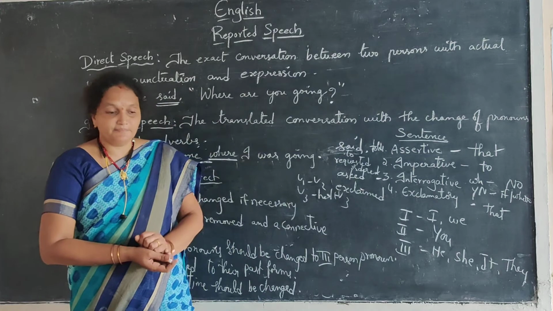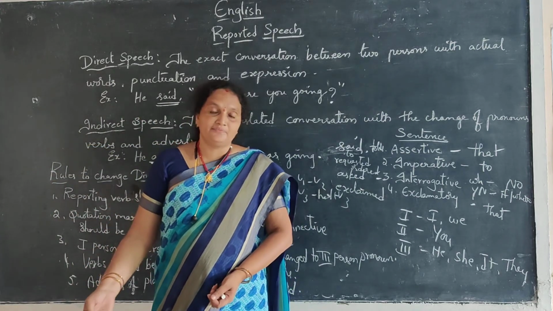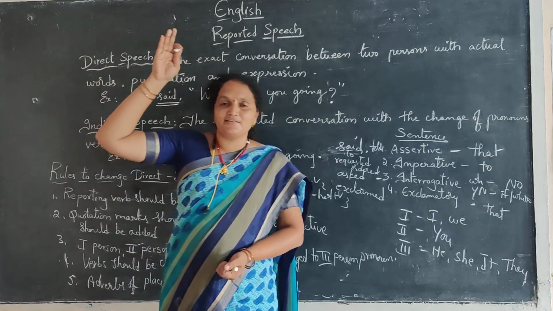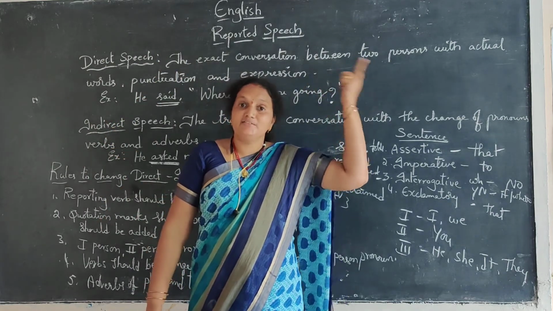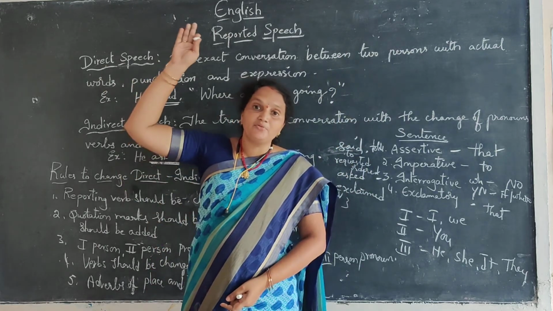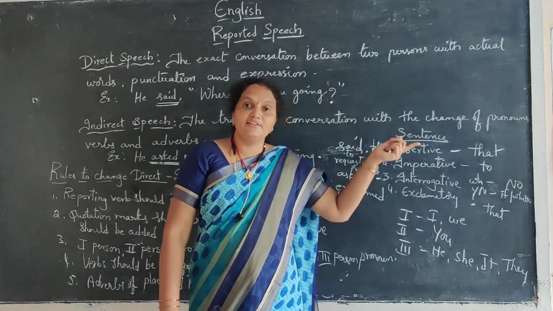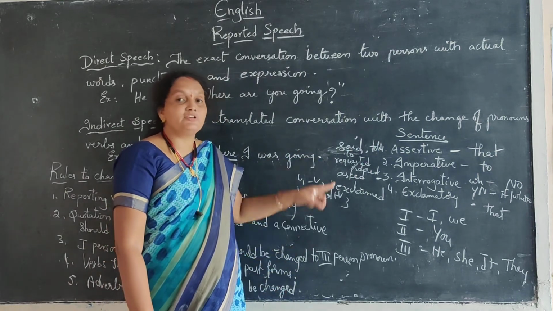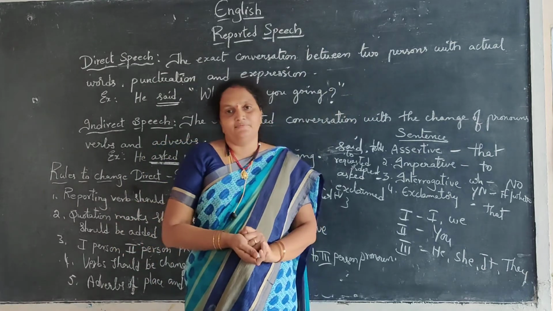Adverbs of place. Adverb of place means here. I am standing here. When I say now, I am standing here. After going home also, shall I say that I am standing here? No. There. We use there. Not here. So now I am standing here. But after going home, what should I say? When I was standing there. So that adverb of place should be changed. Here to there. Now, I use not time now here.